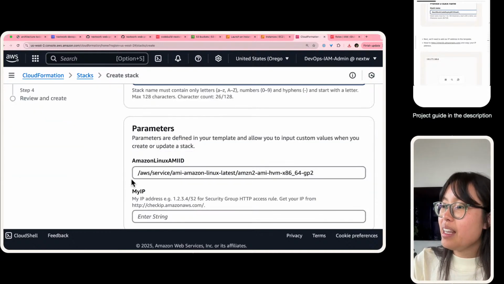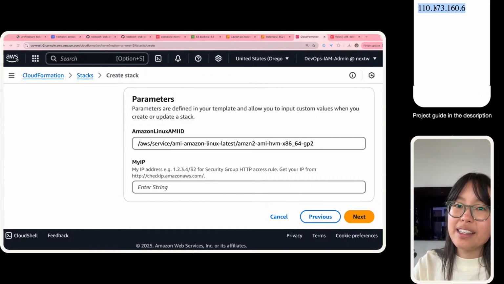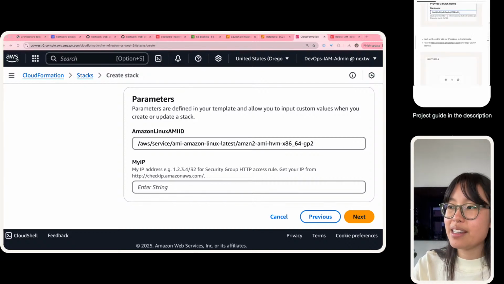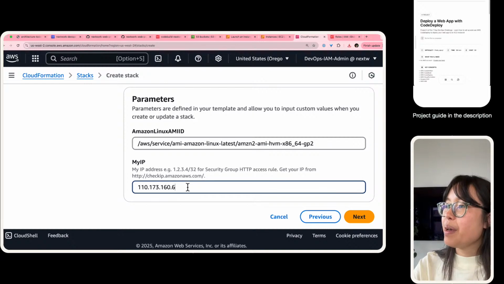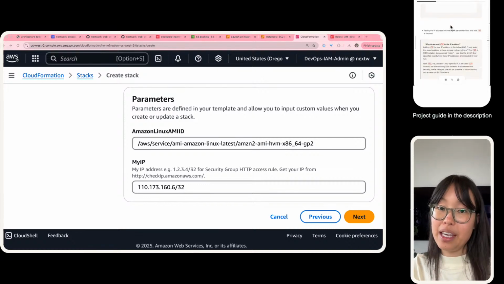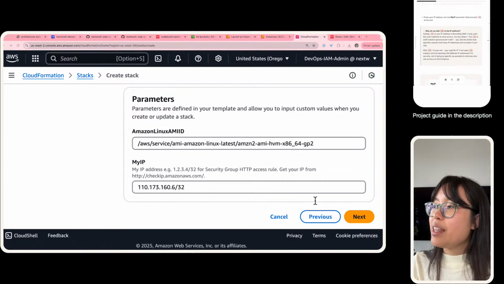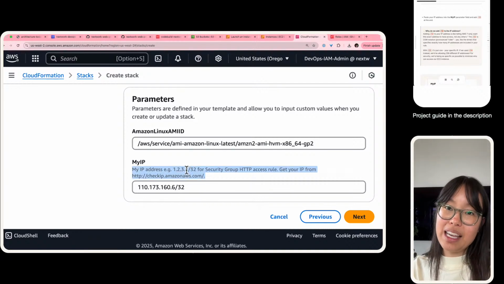So next here, you can check for your IP address. So you can click here to check for your IP address. And for myself, I can see that it's 110.173.160.6. Okay, copy that, paste it here, and then enter /32 to give your CloudFormation template some information about your IP address. The reason why CloudFormation wants to know your IP address is, again, so it can help you with setting up your